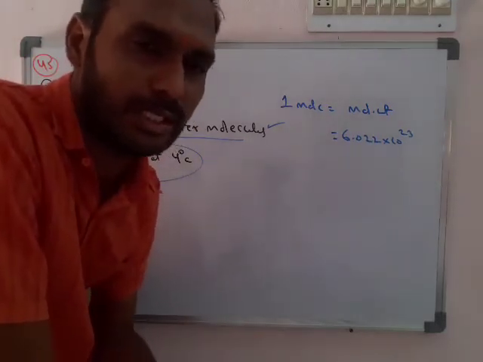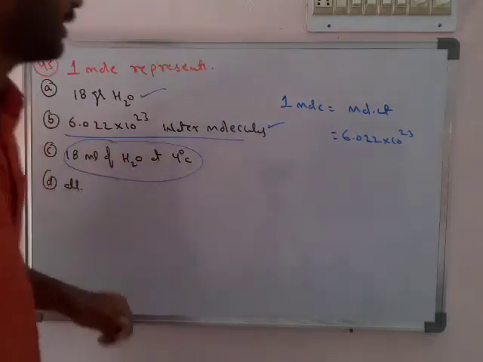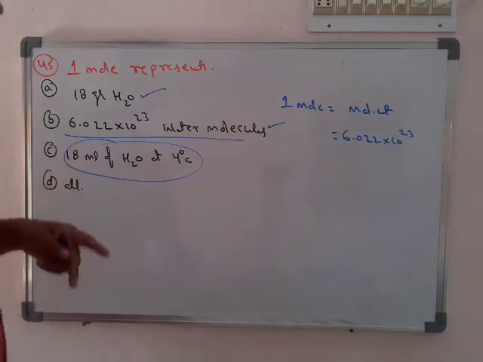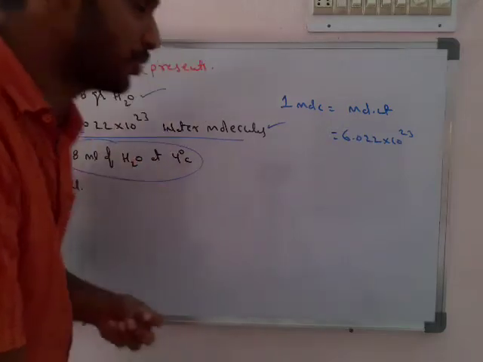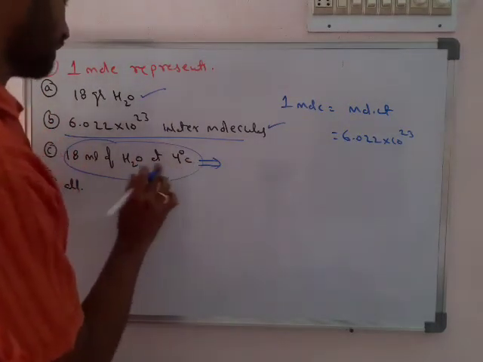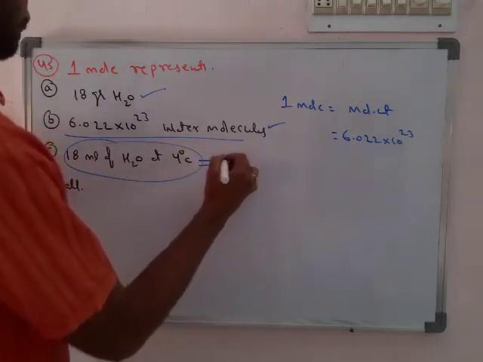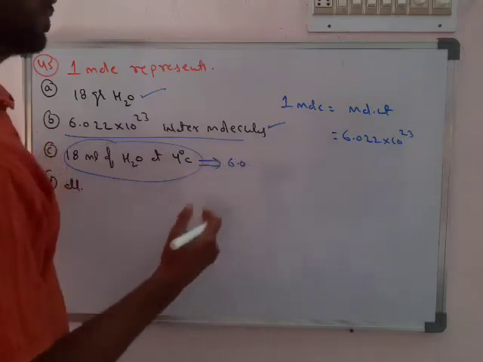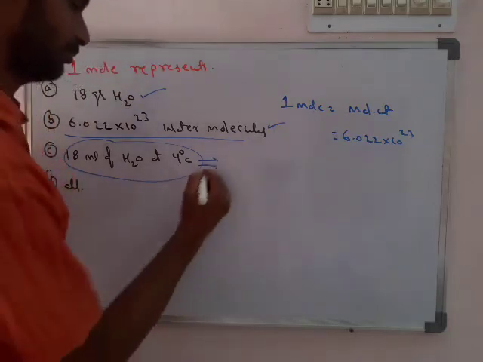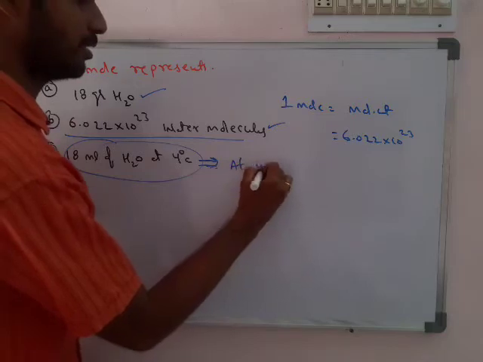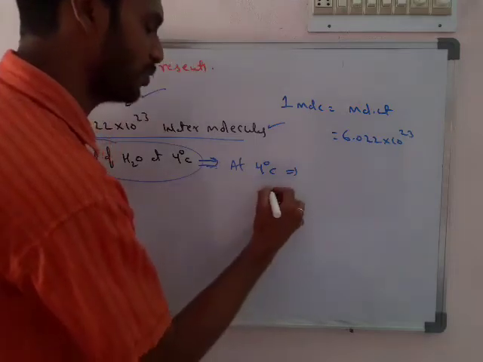Then what is the 1 mole value in this quantum? 1 mole of any gas we take as 22.4 liters. But here it is given 18 milliliter of water at 4 degrees Celsius. It is a perfectly abnormal behavior of water. So exactly at 4 degrees Celsius, 18 milliliter of water also contains 6.022 into 10 power 23 molecules. And also the weight of it, so we can write that at 4 degrees Celsius it is observed that